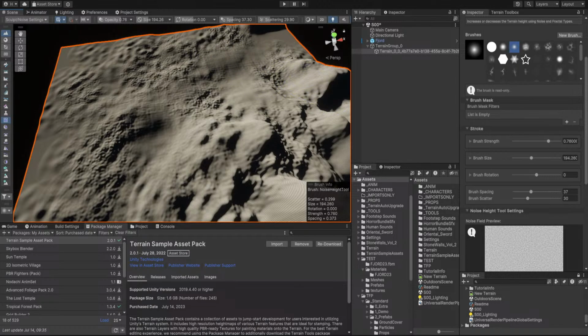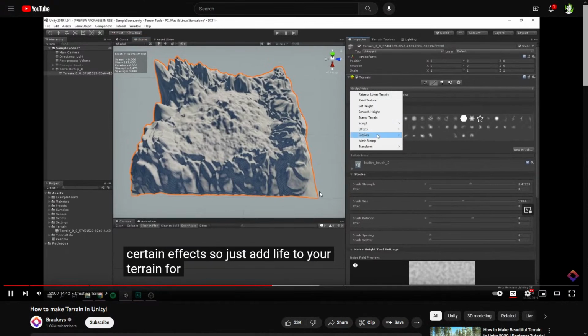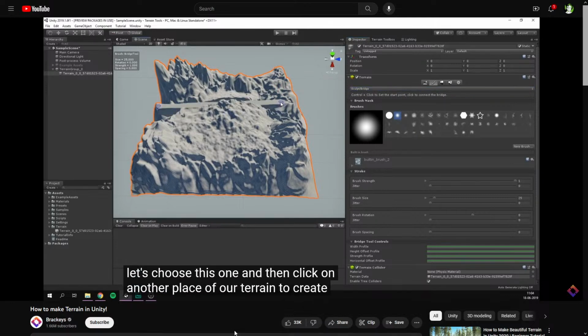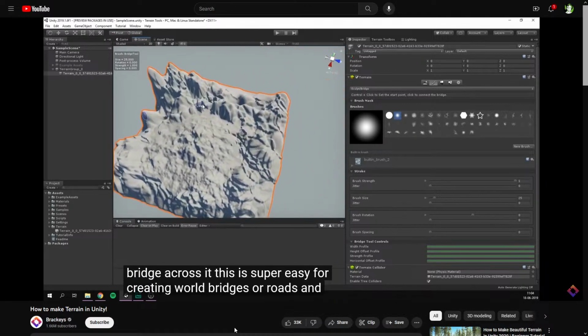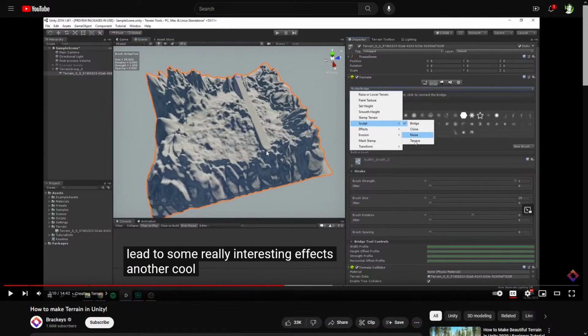In fact, under these modes, you have a lot of really cool options to achieve certain effects, or just add life to your terrain. For example, under sculpt here, we also have the bridge mode, which allows us to click on a start point. Let's choose this one. And then click on another place of our terrain to create a bridge across it. This is super easy for creating, well, bridges or roads and can lead to some really interesting effects. Another cool